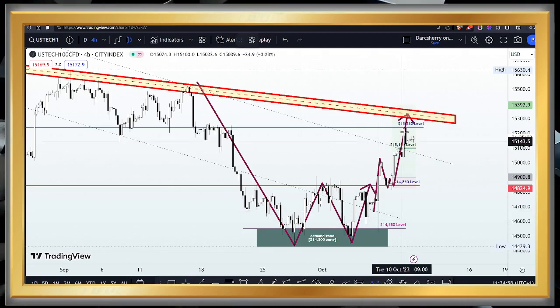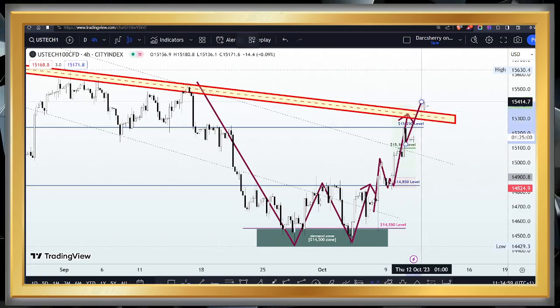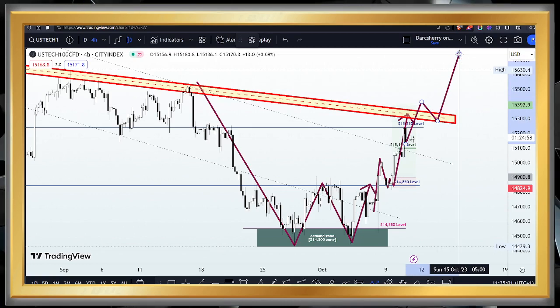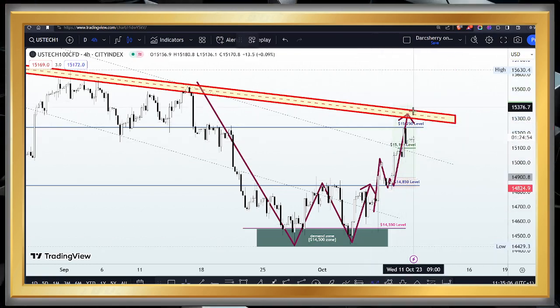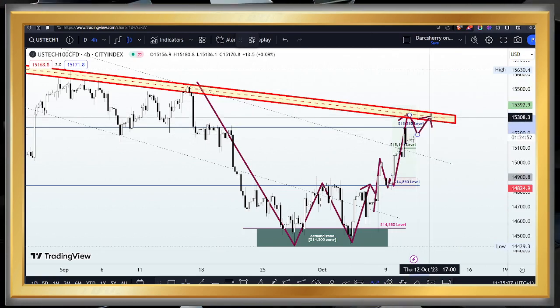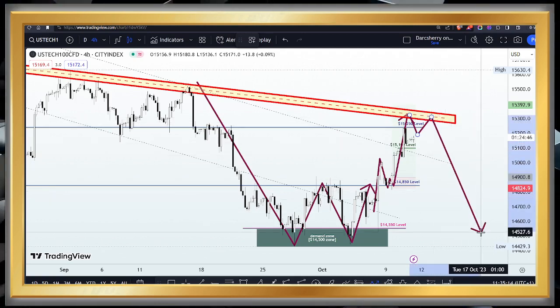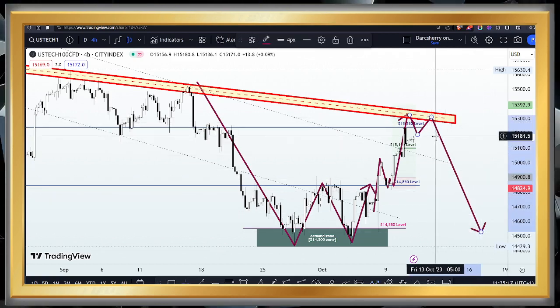So if we are going to be adding more buy positions, we want to see price break out, retest the trend line to the upside, and add more buy positions. But if continued selling pressure persists below the structure, then this will be a sign that buyers are finding it difficult to break out of the trend line. Then this could incite a bearish move.